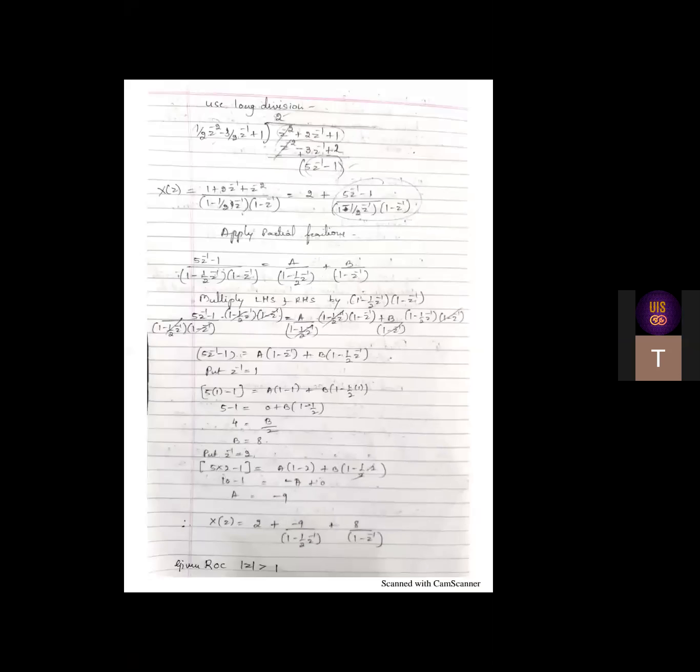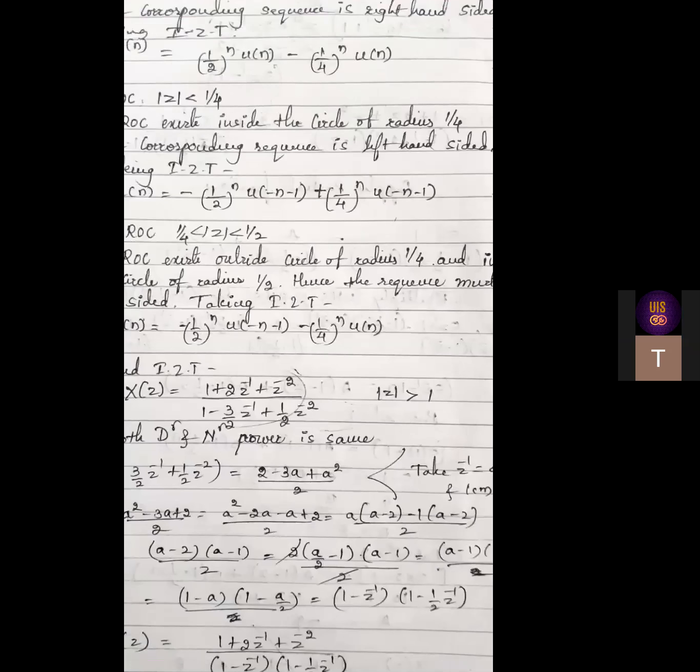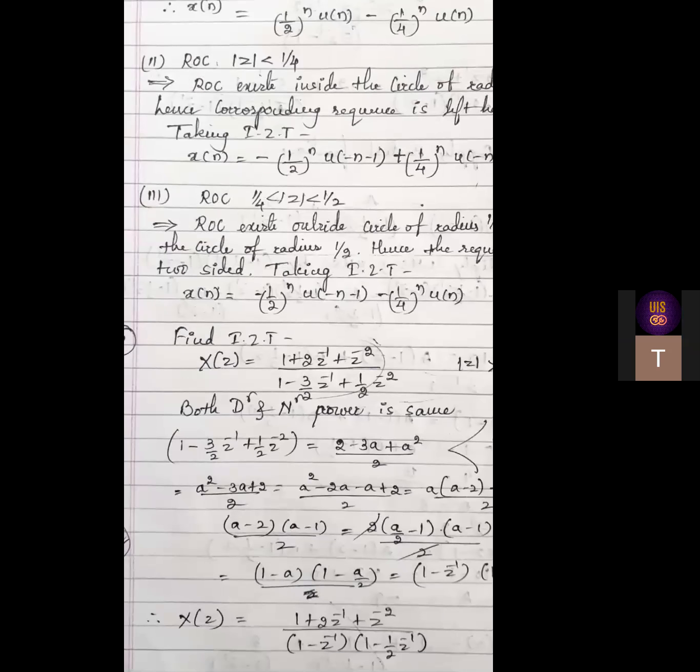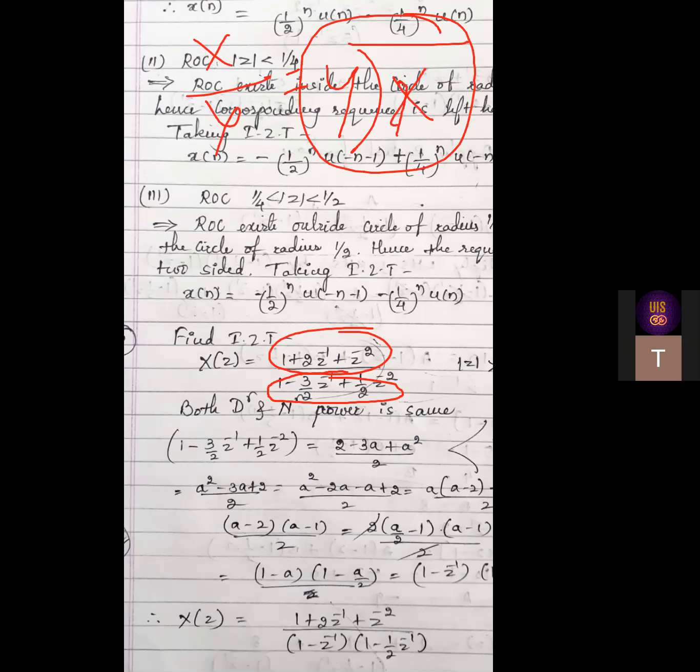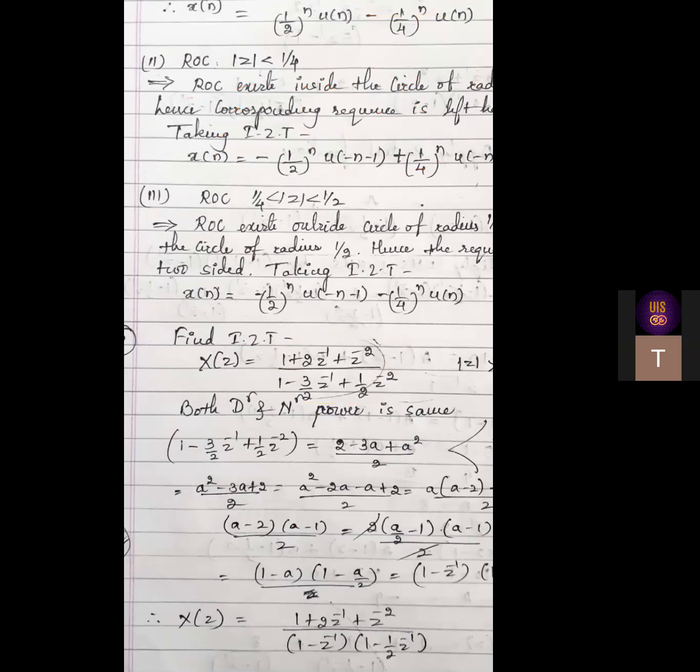Okay. For long division, if you observe, this is the denominator part. The denominator part is this, and this is your numerator. How do you go for division? See, if it is x by y, it means you are dividing it like this. I think you have been studying this kind of division since primary school. So x by y, you can write it like this, the same way I have written it here for ease.